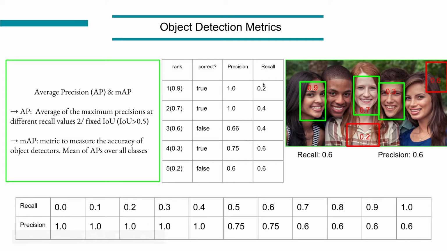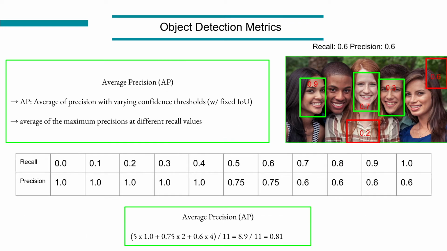For example, if the recall was 0.0, precision would be 1 because it was already 1 at 0.2, and you should write the maximum precision at every recall value, and then